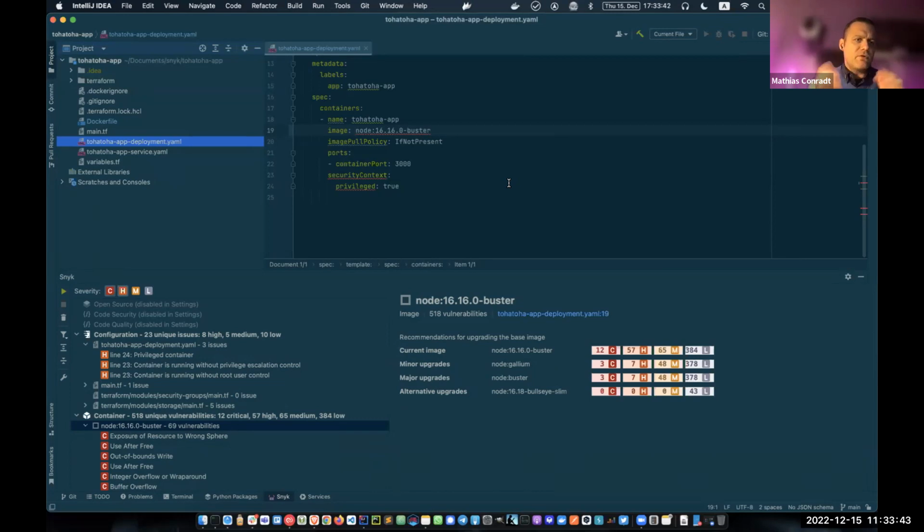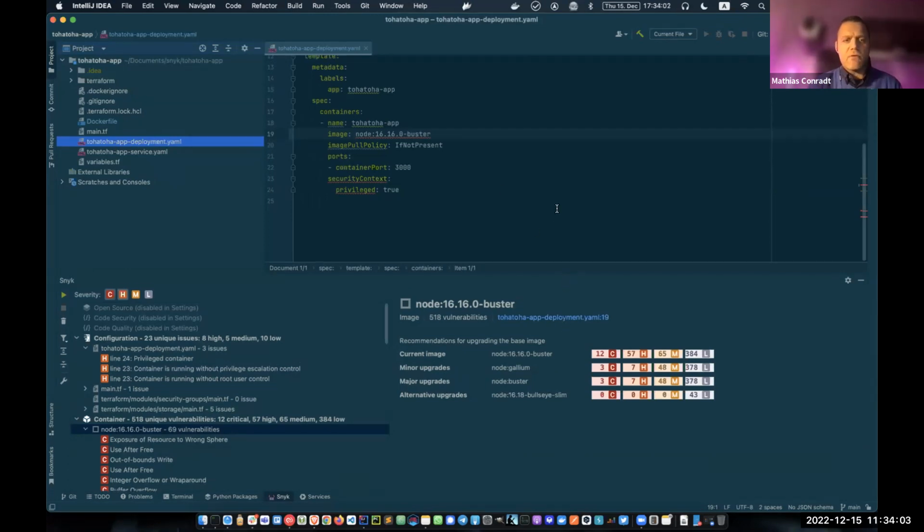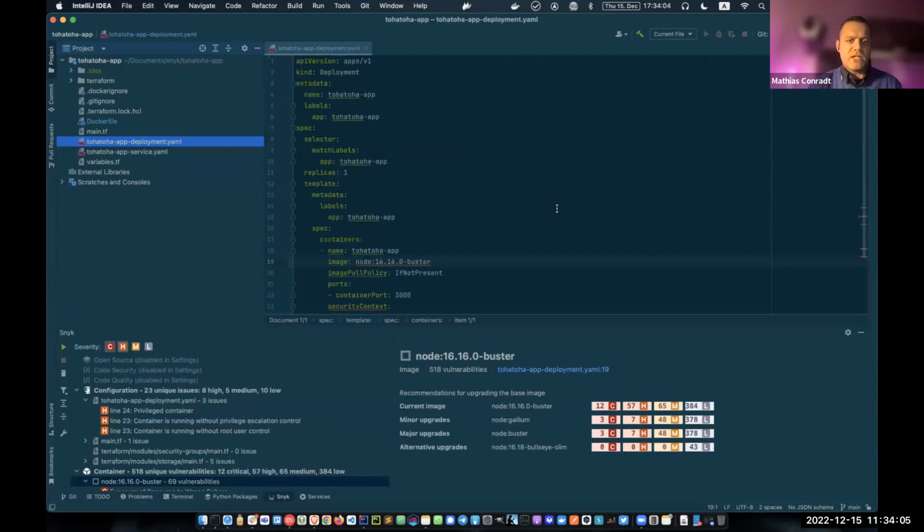I have a few Terraform files in here, and also two Kubernetes YAML files, and this is what I want to focus on for the moment. I have this deployment YAML file where we specify how we want to deploy the application